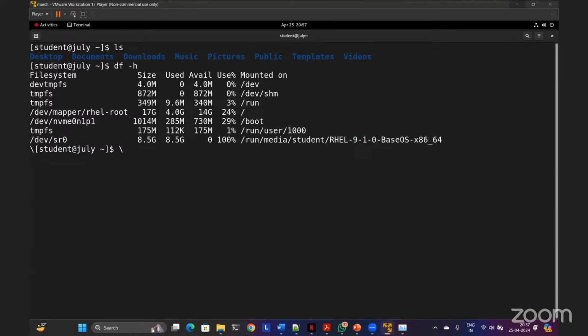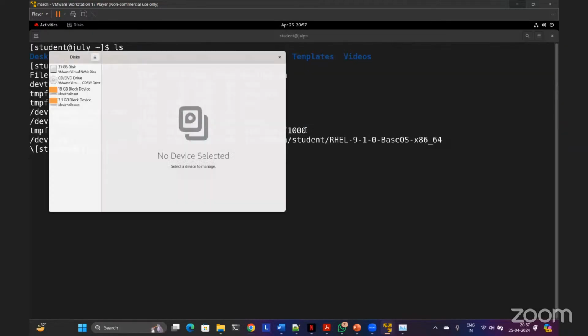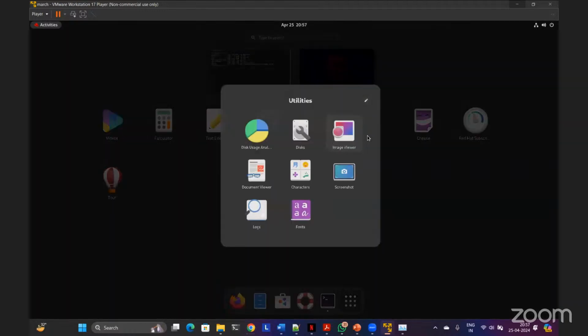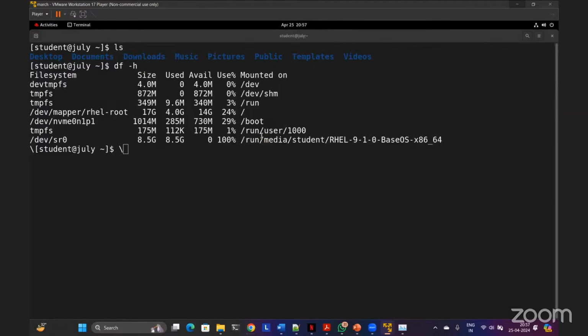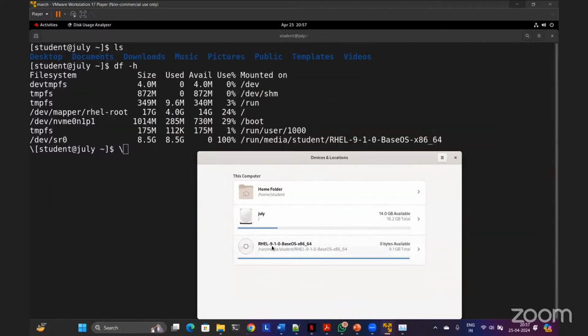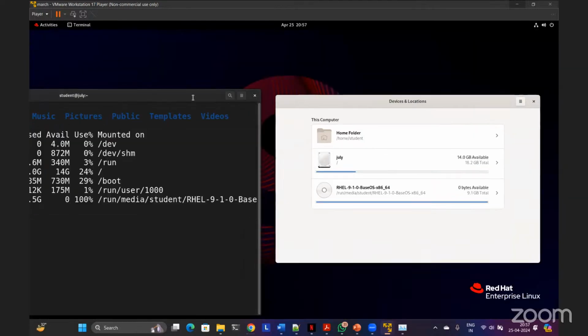Can't I use the GUI which is there? Yes, I can, but that will be slow. I have to first click on Activities, then find the application I'm looking for. Maybe I opened a different application, then close it, go back to Activities again, and then find the correct one this time, and then it opens and shows us the information. So the information you see here is exactly the same as what you see here. Let me stack them side by side.